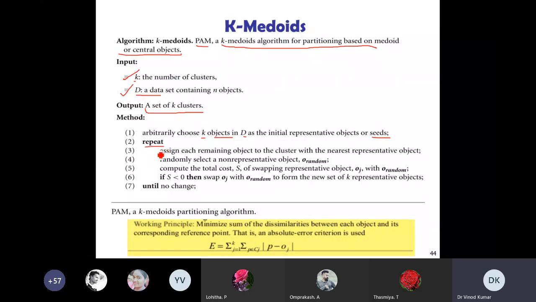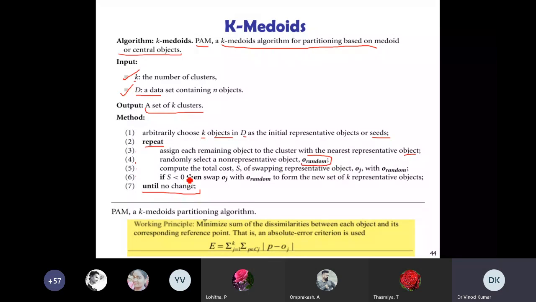Then you repeat steps 3, 4, 5 and 6 until no change. Assign each remaining object to the cluster with the nearest representative object. Randomly select a non-representative object, meaning an object which is currently not considered as a centroid. You have to select another object randomly.